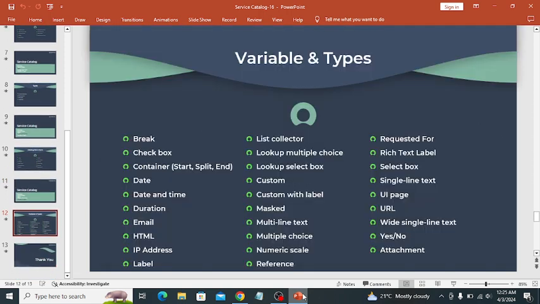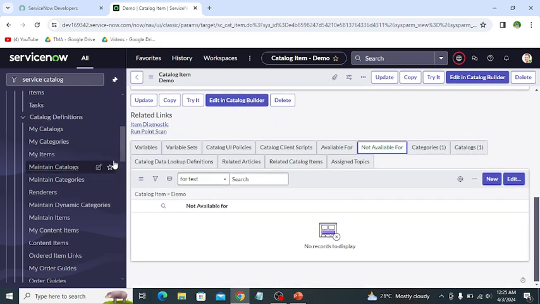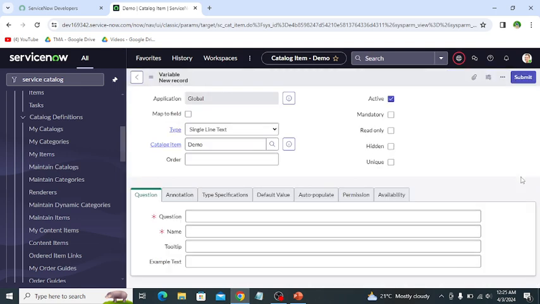Then variable and its types. So let's explore these types on a personal developer instance. For example, if we create a variable, then the new form of variable is opened.